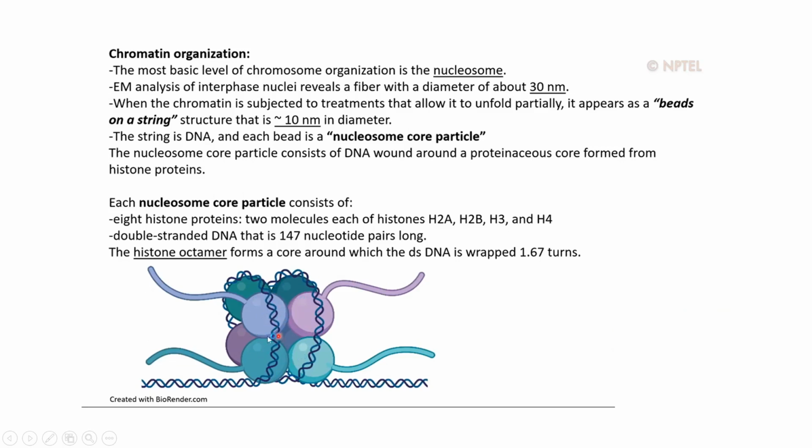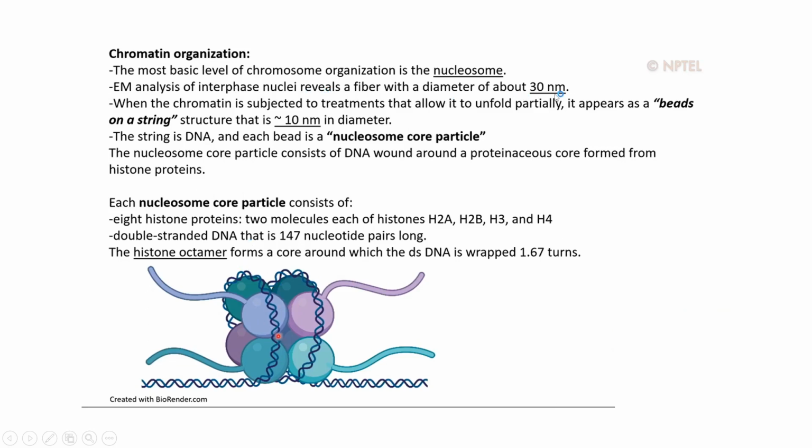the histone. Four histone proteins made up in dimeric form. Each histone has two subunits each. And the electron microscopy analysis of the interphase nuclei reveals a fiber with a diameter of about 30 nanometer. Interphase nuclei is a nuclei during which the replication starts. At the interphase stage, generally the chromosome is not compact; it is loose, because during the replication stage, the DNA has to be unwound from the histones, and that is how the replication will occur. So interphase stage nuclei generally is a loosely packaged chromatin structure, and that has a diameter